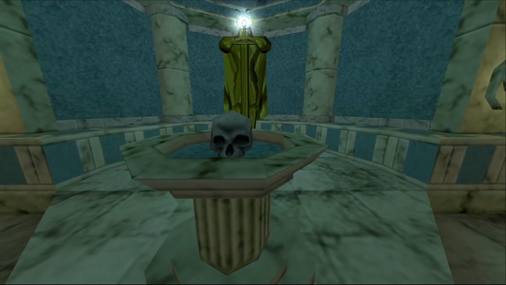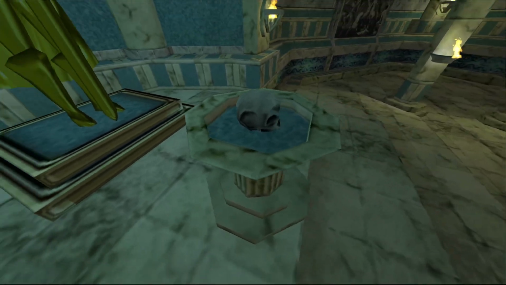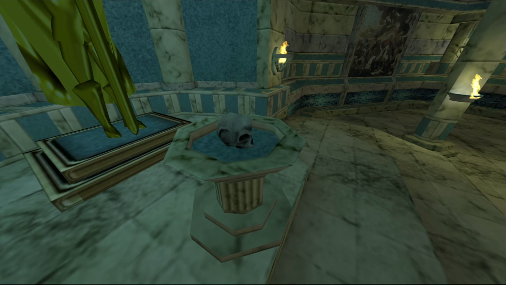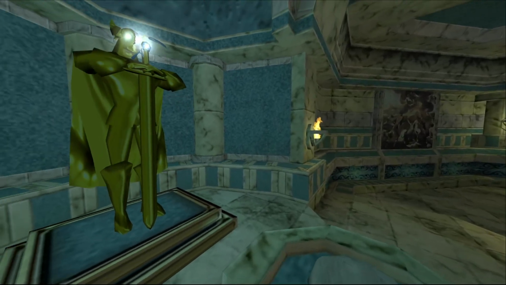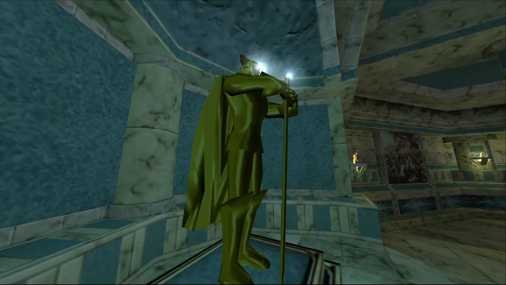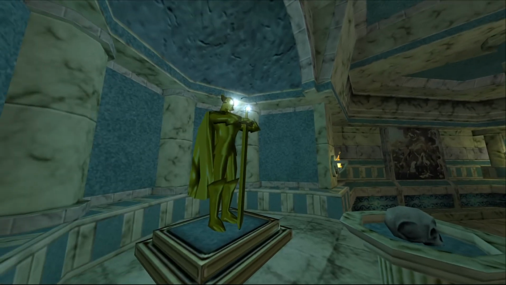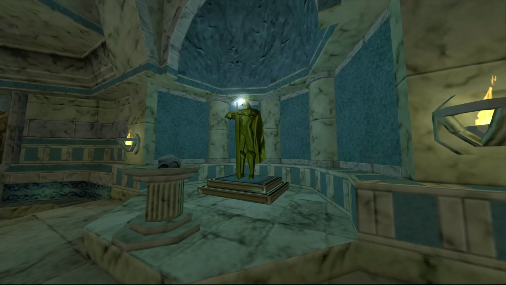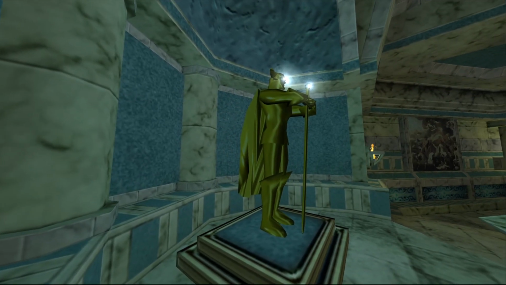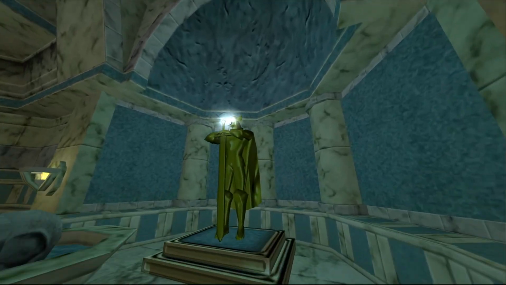Alright. So there is a little pedestal here that has some water in it. And a skull. And then the sword, which is emanating this sort of strange sound. I'm assuming I cannot pick this up, no. So this appears to be, perhaps, the god to whom this temple is dedicated. And he does appear to be rather powerful. As you can see, he is emanating some sort of power from him, and...